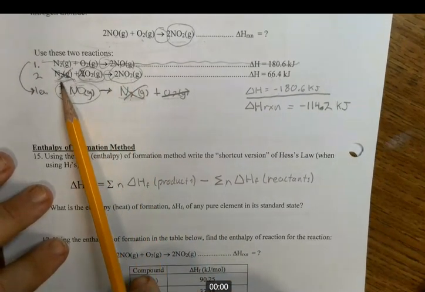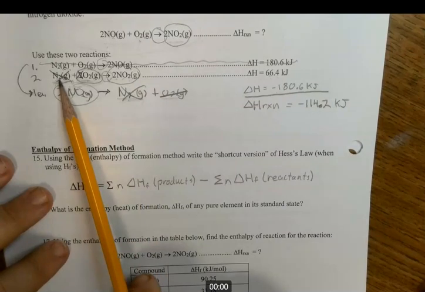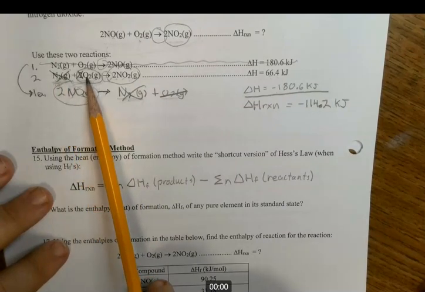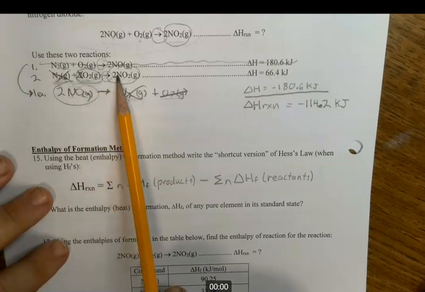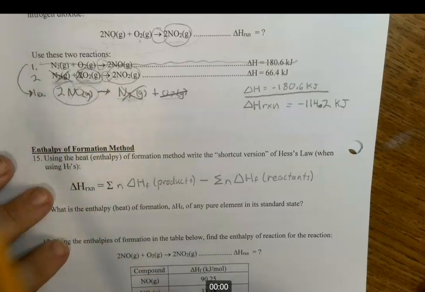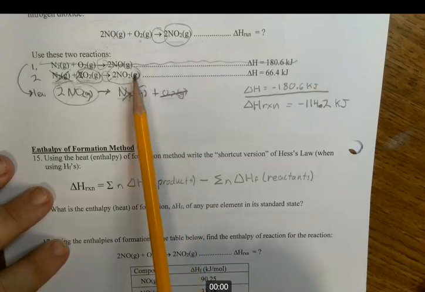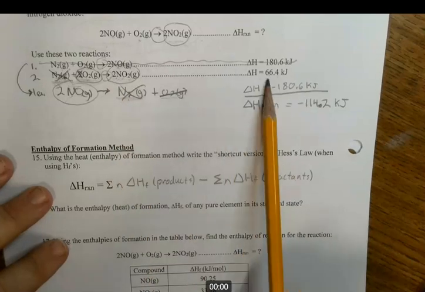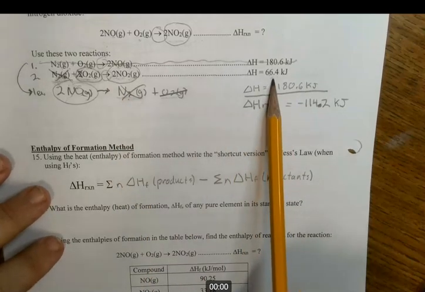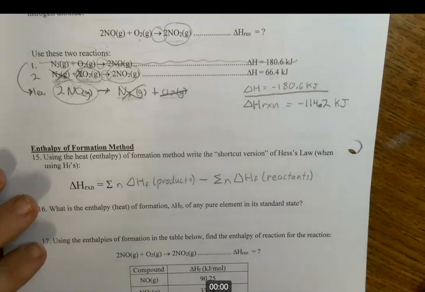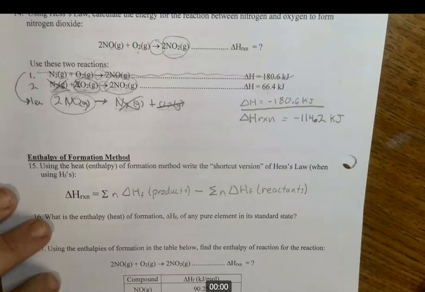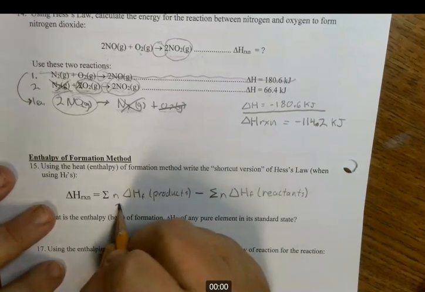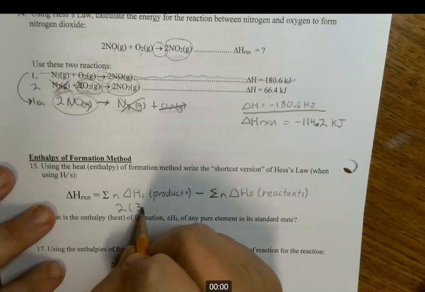You'll notice this is the enthalpy of formation reaction. N2 plus 2 O2s is 2 NO2s, except you have to divide everything through by a half, because for the enthalpy of formation, it's only supposed to be 1 mole of the product. Here we have 2 moles. That's why this number is twice the number that I just said of 33.84. Okay, so here we go. So we have 2 times 33.84